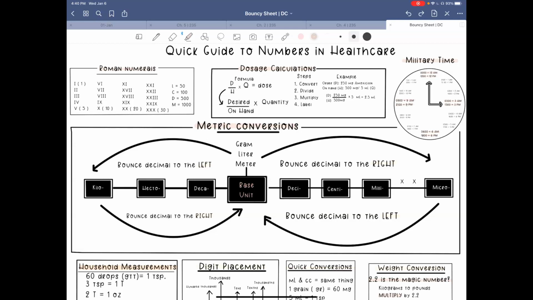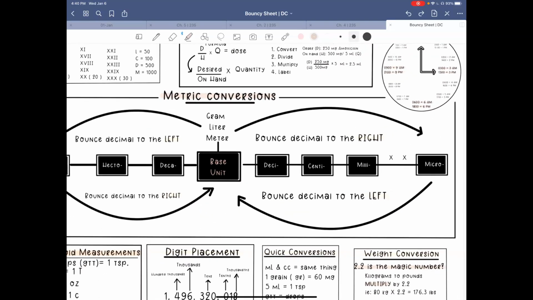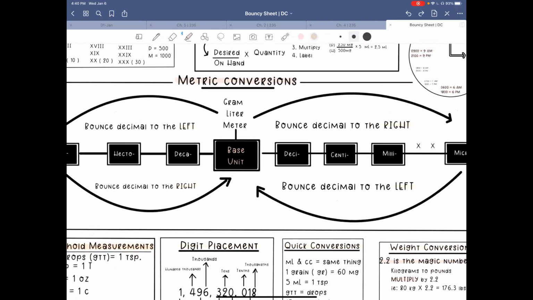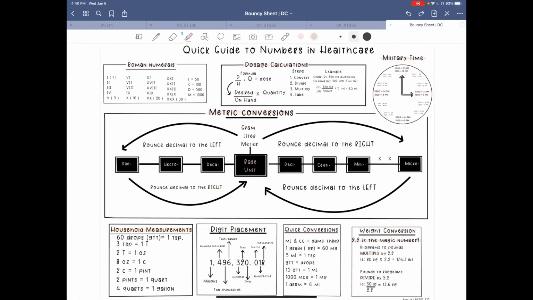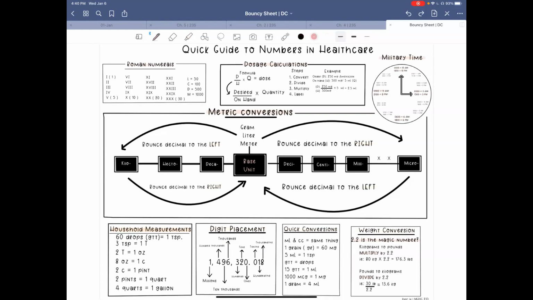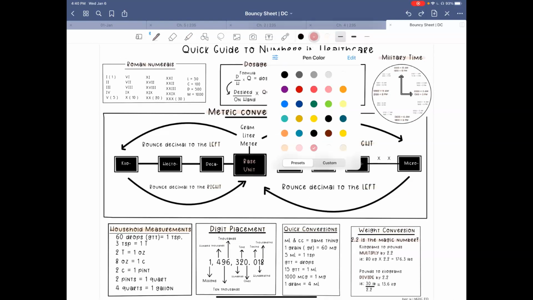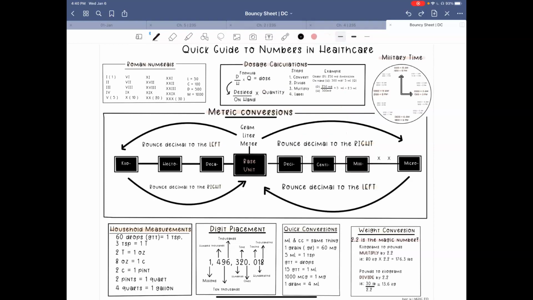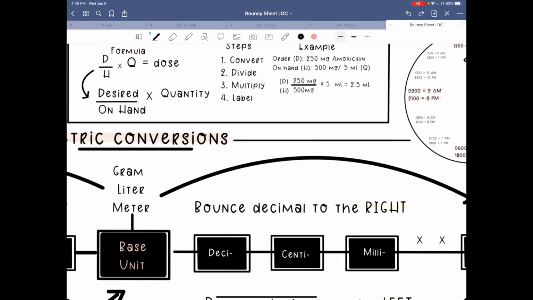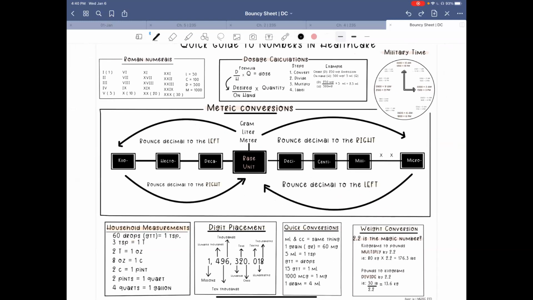So I'm going to show you how this works. You'll use this more in chapter 4 when we start to do conversions. Basically, oftentimes you will get a problem that says the dose ordered is, if we look at this one up here, milligrams and milligrams, right? Those always have to match, but sometimes they don't. So sometimes the dose that we have on hand is